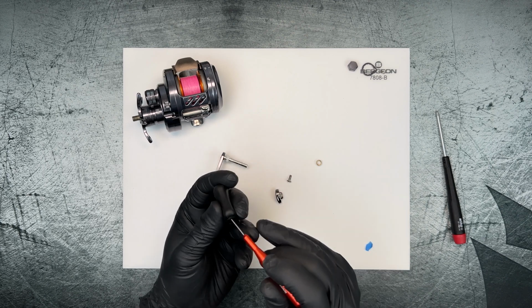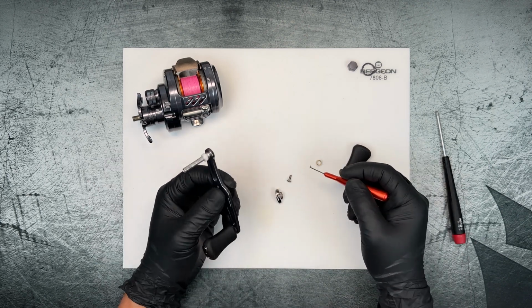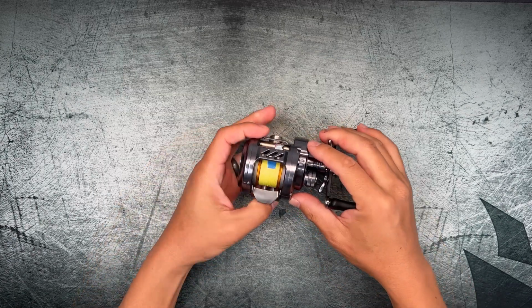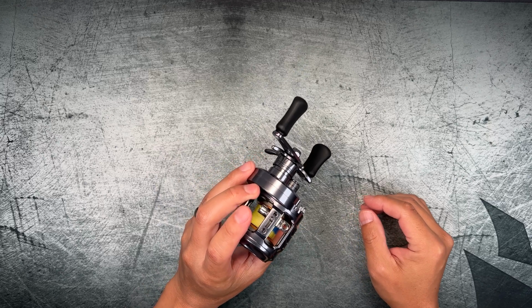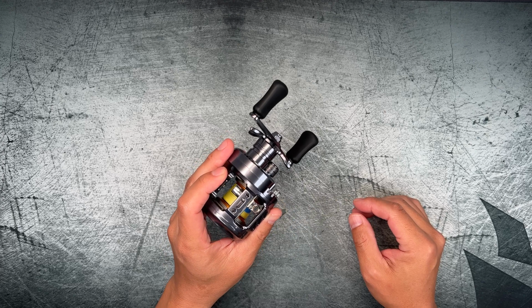No, there is not. So right off the bat, this handle has 2 bushings. Okay, hey guys, so I went ahead and actually reached out to Dankung and Ifishband separately,